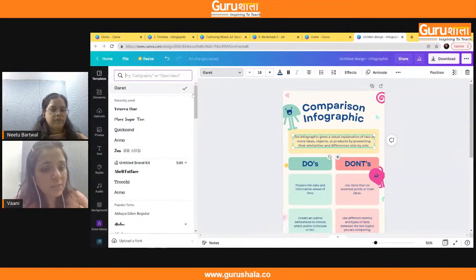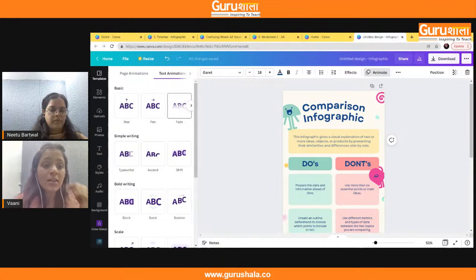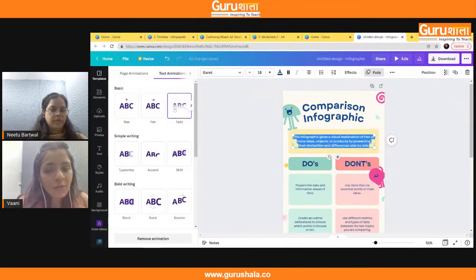And just the way we have these options in PowerPoint presentations, we also have the option to animate. When you click on animate, you will see that you get all these options that you get on many other websites and many other platforms. Some that we're very familiar with is Microsoft PowerPoint. So if you click on fade, then this will show you exactly how this is going to show.